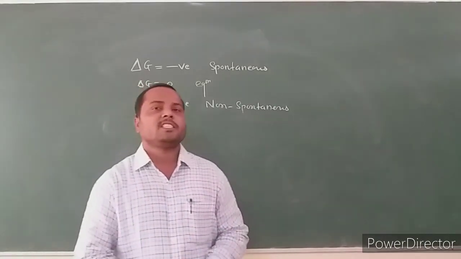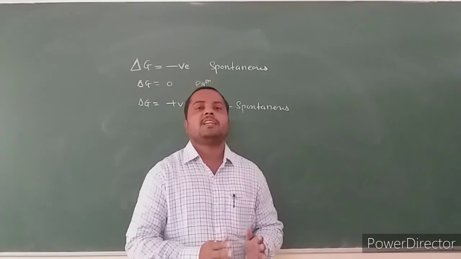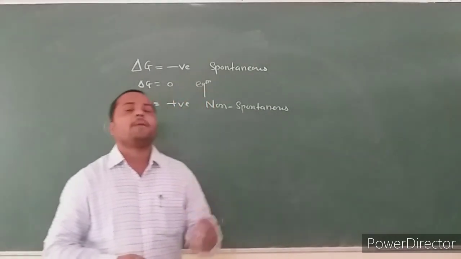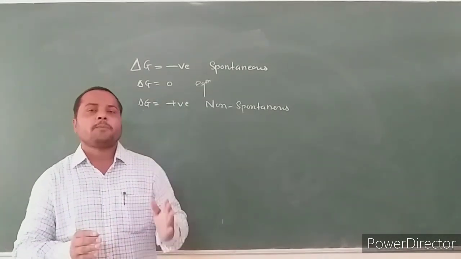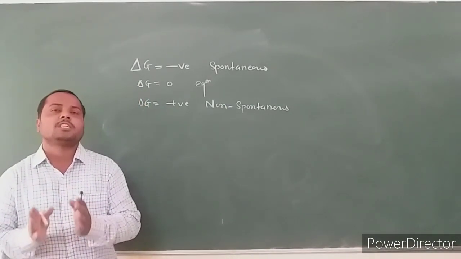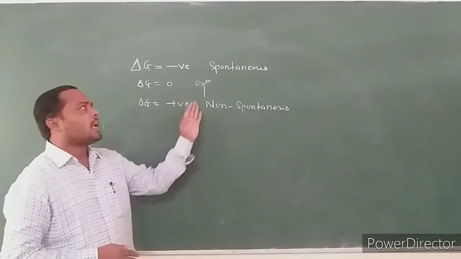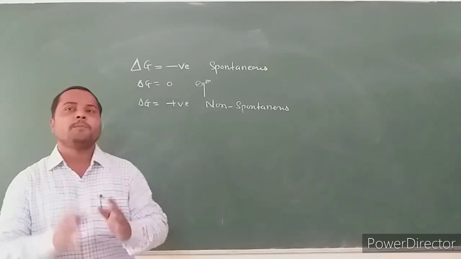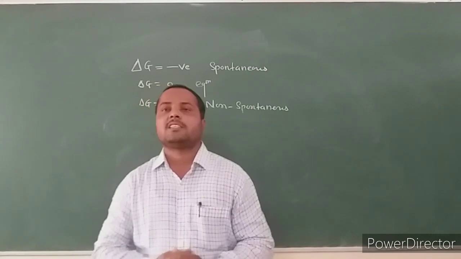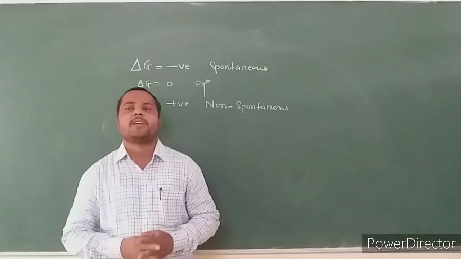Then what is chemical kinetics? It is a branch of physical chemistry in which the rate of chemical reaction and the mechanism of chemical reaction are studied. With the help of chemical kinetics study, we can determine the rate of a chemical reaction and the mechanism, how the given reactant converts into the product. This is the significance of chemical kinetics. Chemical kinetics deals with the rate and mechanism of chemical reactions.